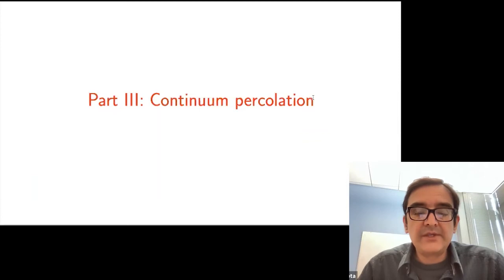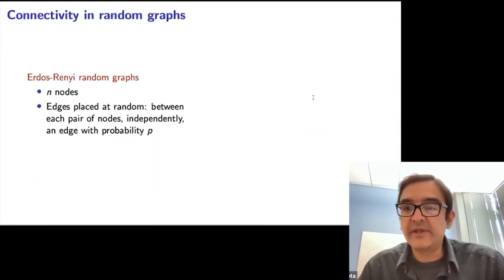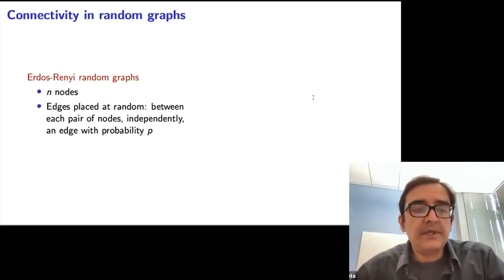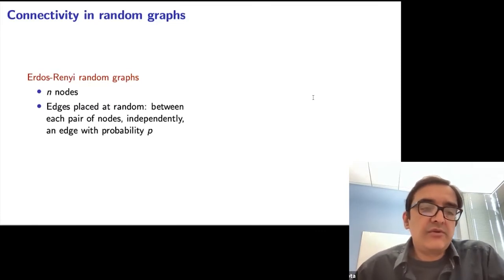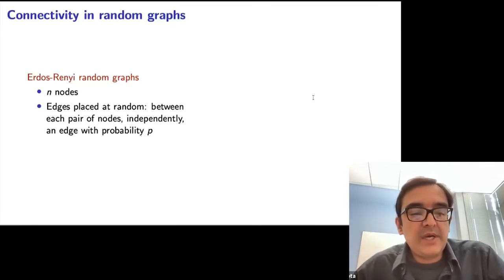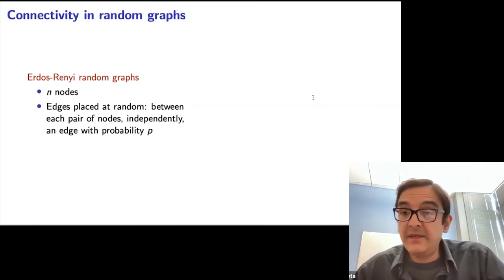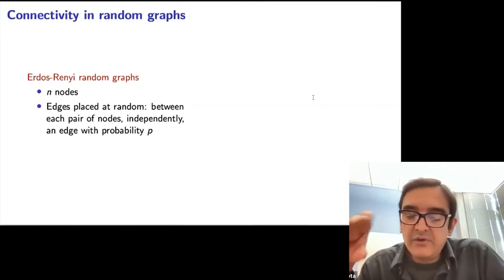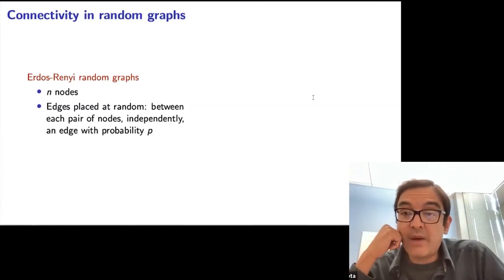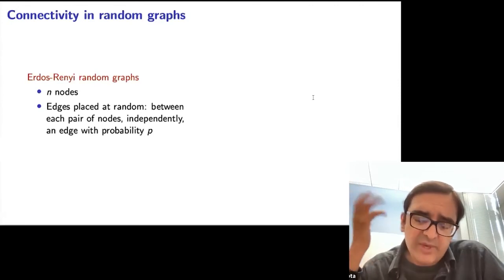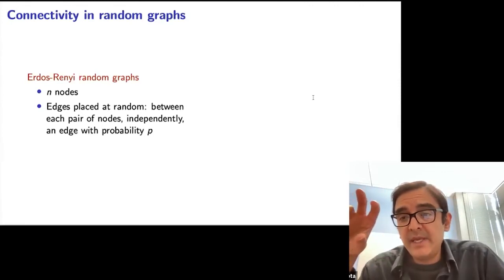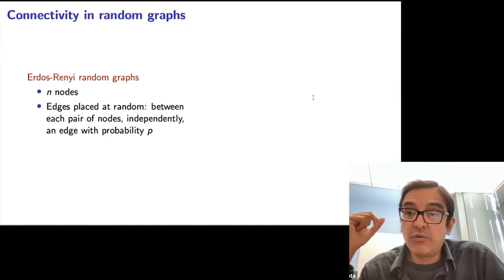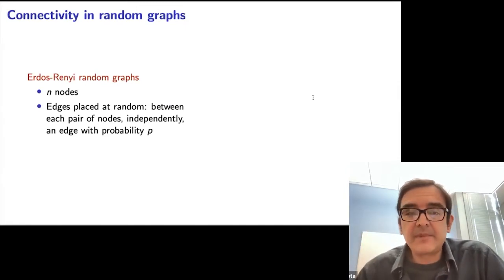So let me go into the argument for this. One thing that we are very familiar with is Erdős-Renyi random graphs, where you have n nodes, and between any pair of nodes, you just flip a coin and you put an edge there with probability p. The sort of questions that we're interested in is, as you increase p, what is the value at which you get a giant component, a component containing almost all of the nodes, or what is the point at which the graph becomes connected?